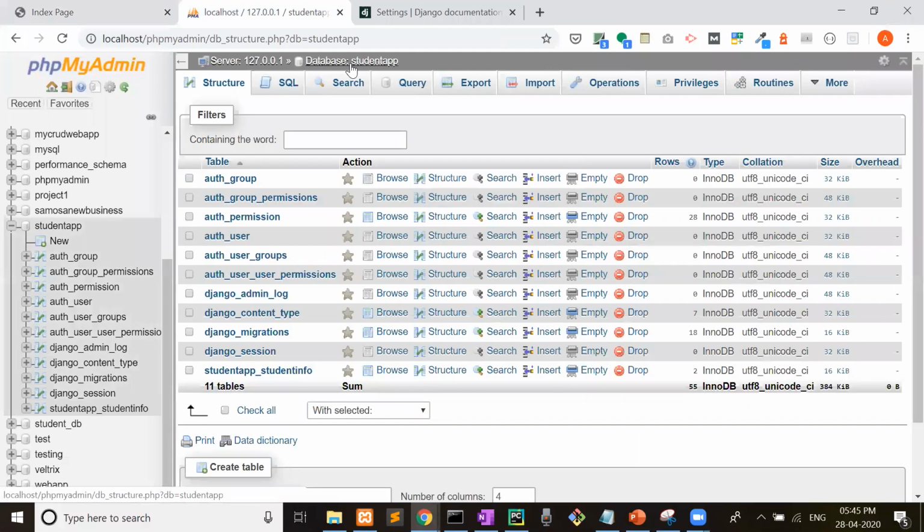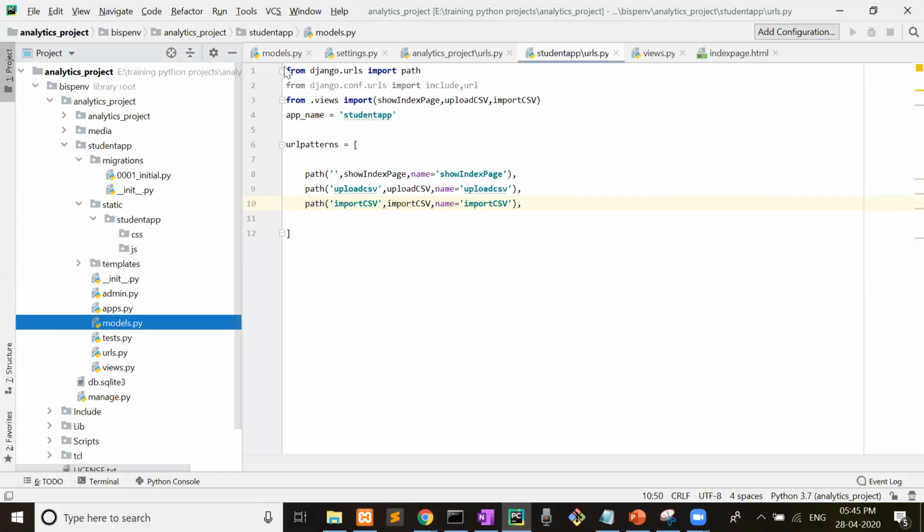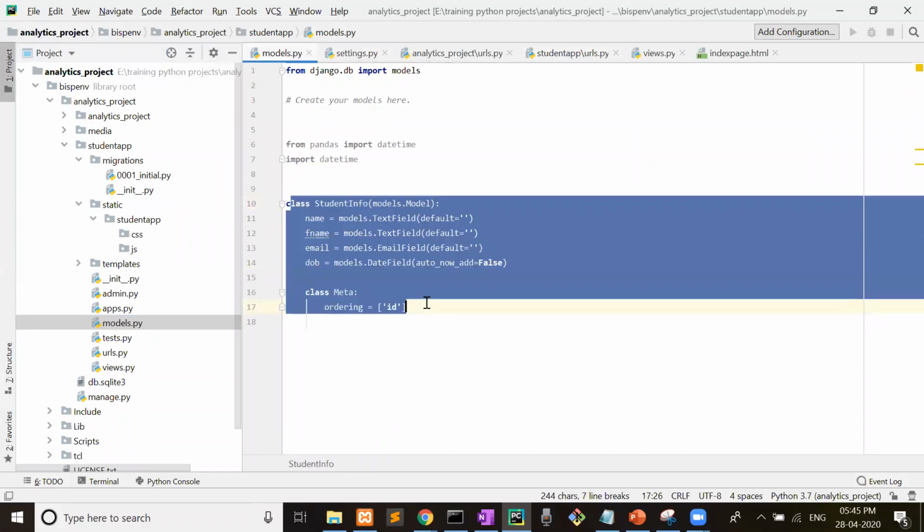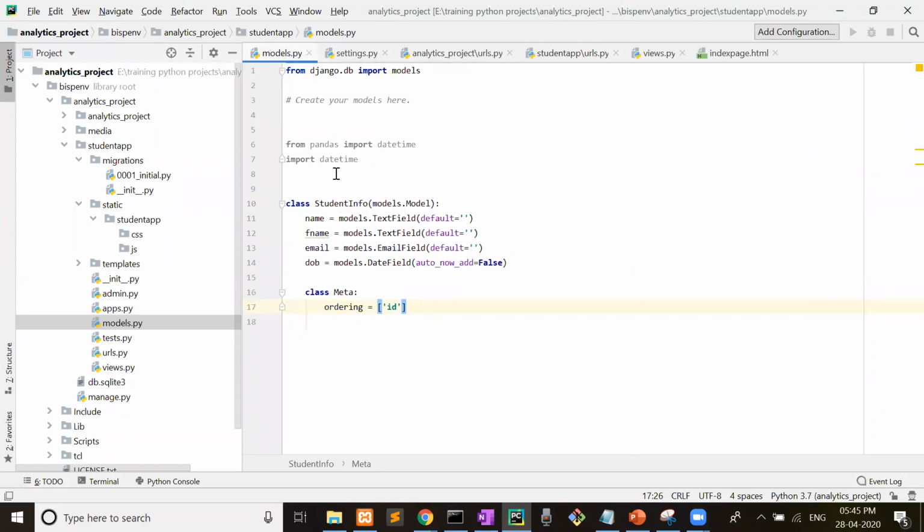This is our first step, to create the database name. This is the student app. Now come to models.py. Here you have to define the attributes of that table. This is StudentInfo, and at the top of this page you have to write from django.db import models.